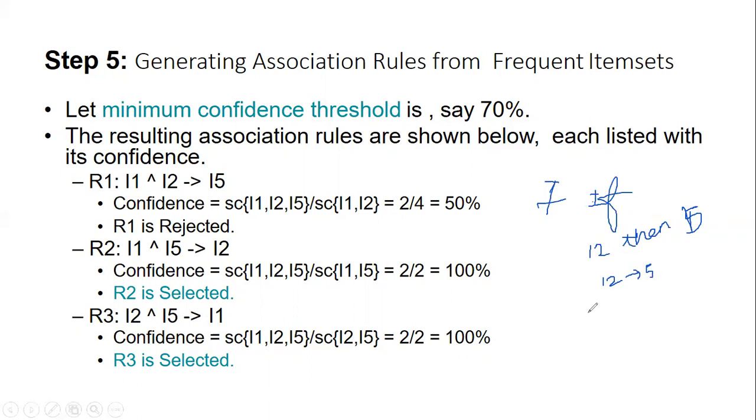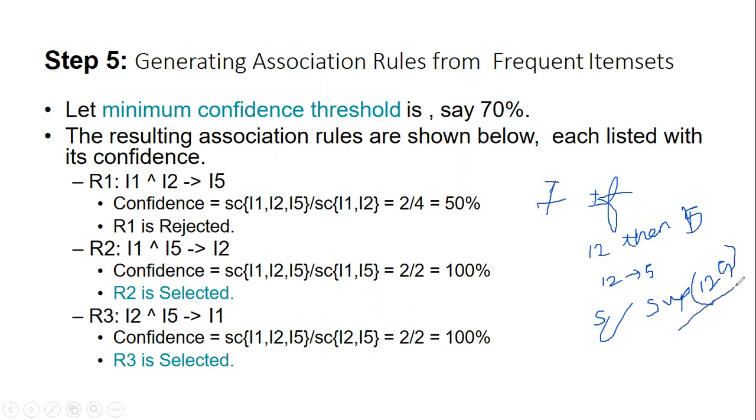So how can I find the confidence of this? Support of all 3, LHS and RHS, 1, 2, 5,